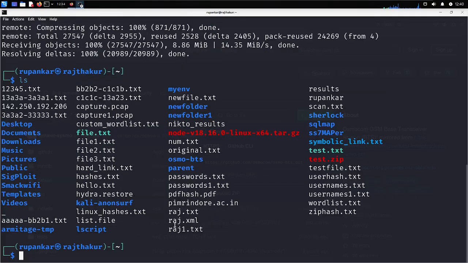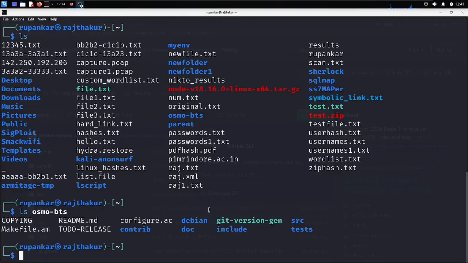Now I am into that, where it goes, osmo-bts. You simply need to go here, ls osmo-bts, and from here you can start this tool and do all these things. It will help you first set up your environment for doing any SS7 or GSM based communication using Osmo tools. You will be doing a lot of stuff, like you can simply use sudo, and from here you will be getting a lot of details, and this tool will be helping you a lot.